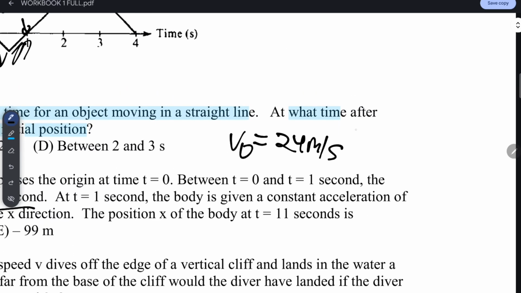And then the time interval is 1 second. And the acceleration would be 0 because